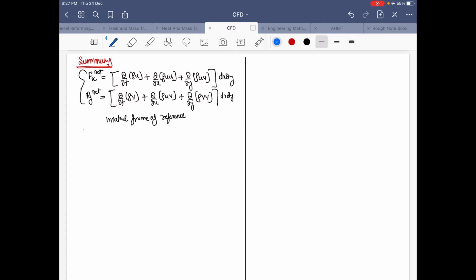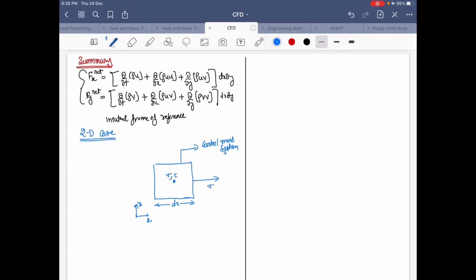I will assume my geometry as a 2D case. So let's take a 2D control mass system. I will write this as a control mass system, and it has dimension dx, where dx is very small, and this is my coordinate system, x and y. Now I can write here, suppose I have a normal stress and shear stress here,